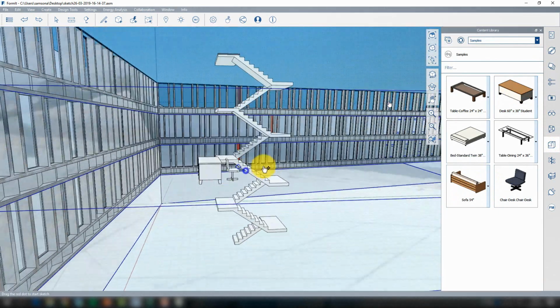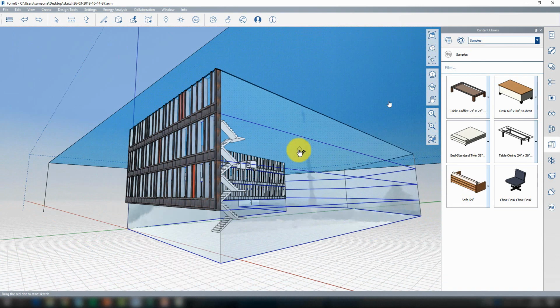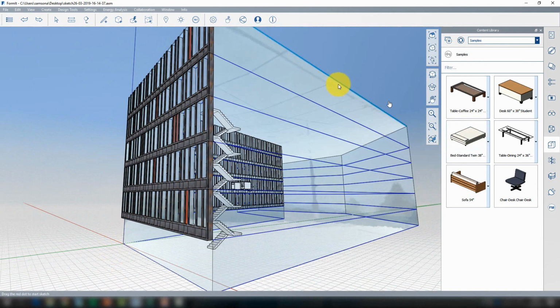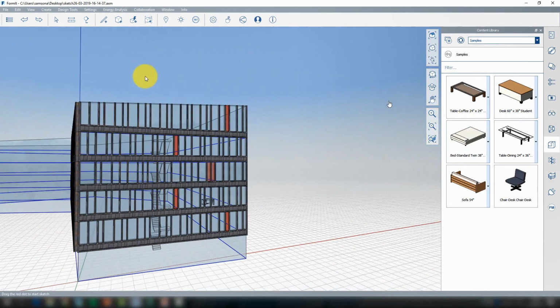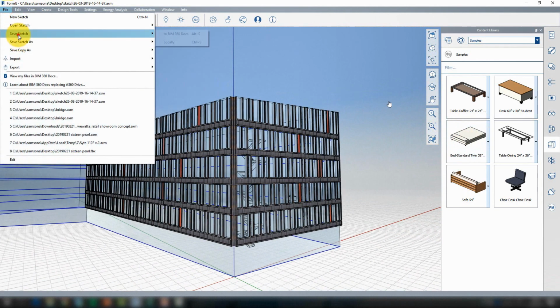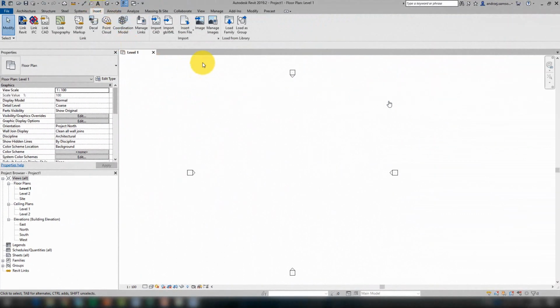So I have, let's say, a group of families which can be used by Formit and by Revit, and you don't have to remember about converting them. This is what happens for you in the background. And you can think about making it for furniture, but also for parking lots, whatever. There are some certain limitations, but